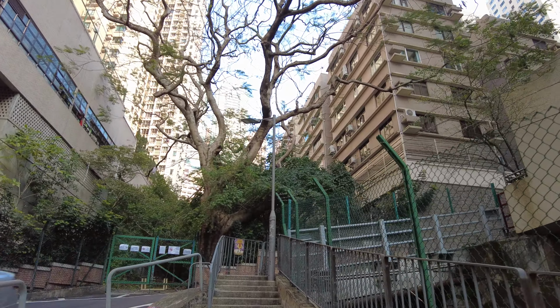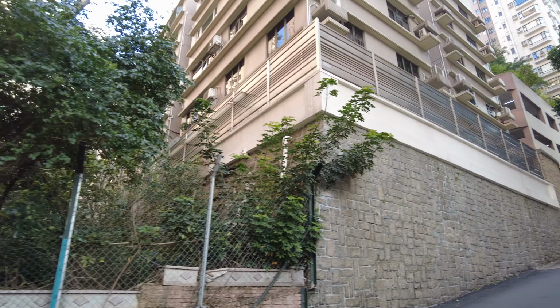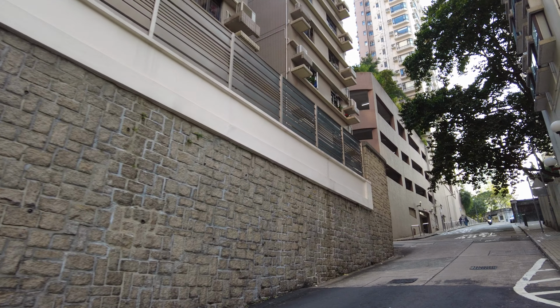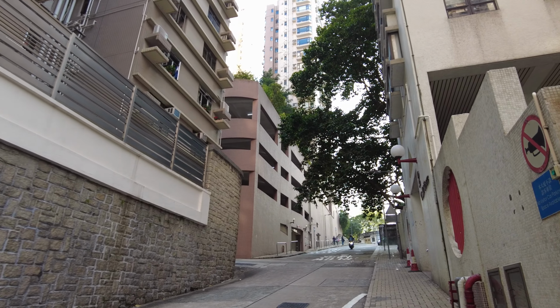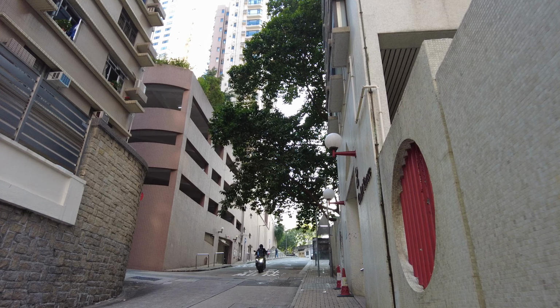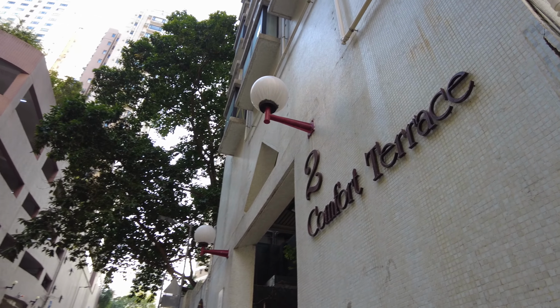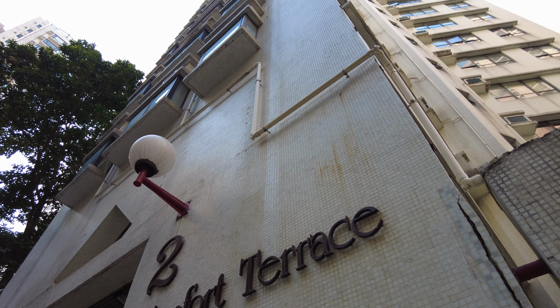This tree is quite big. (2 Comfort Terrace)